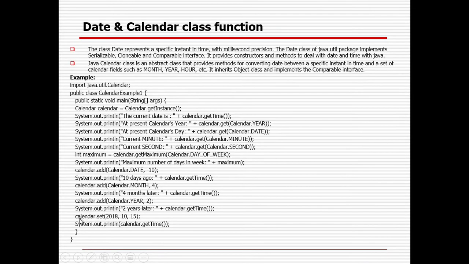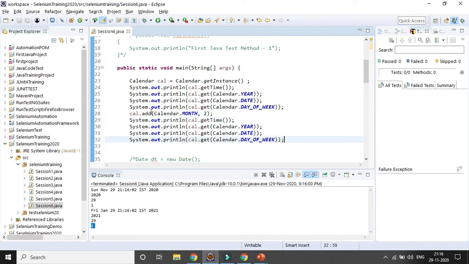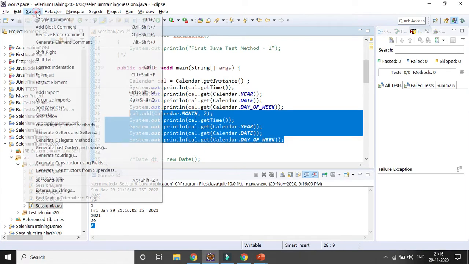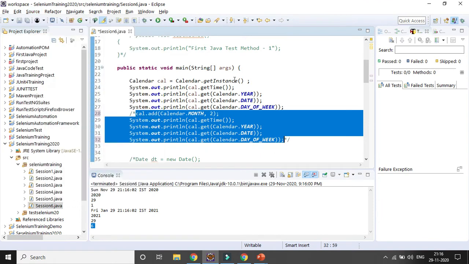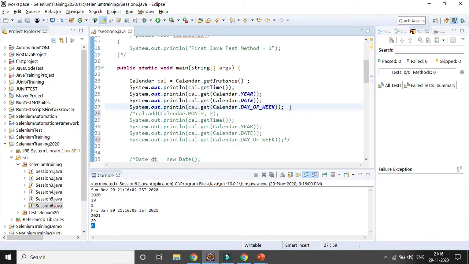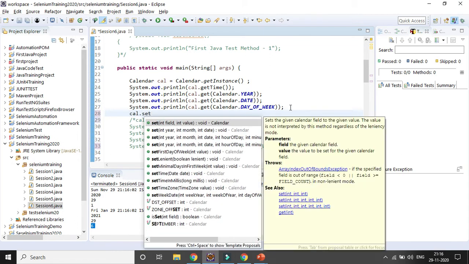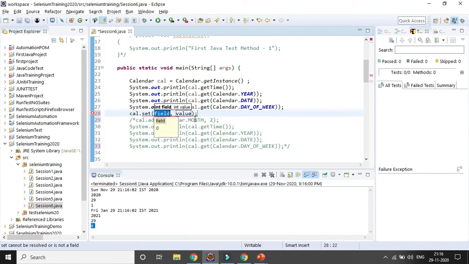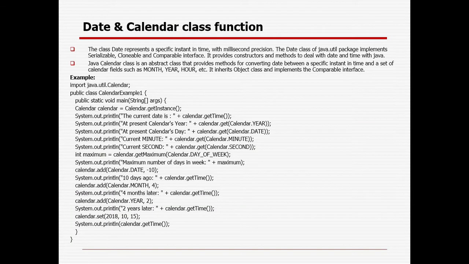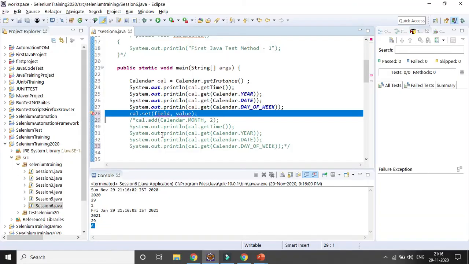And there are also parameters available for setting the date. If you want to set the date instead of adding, if you want to set all the parameters, date, month and year, you have to use that instance, cal dot set, and you can give it the year, month and date combination.